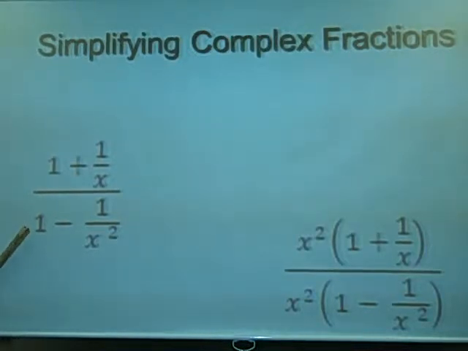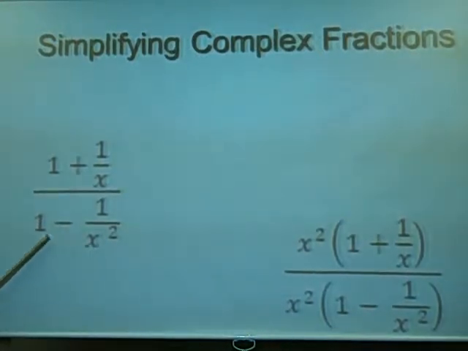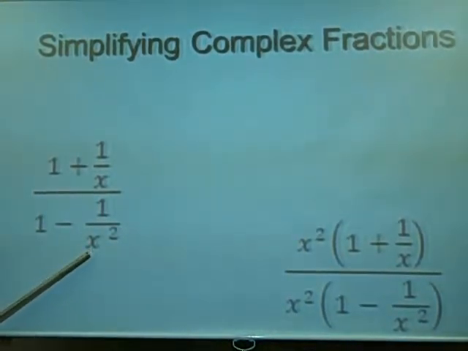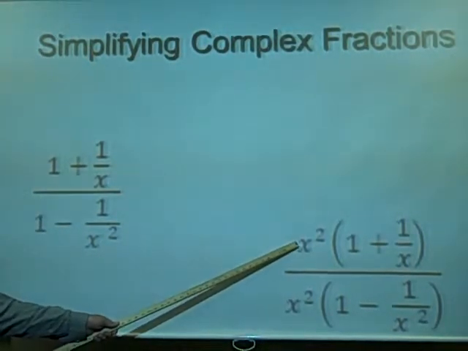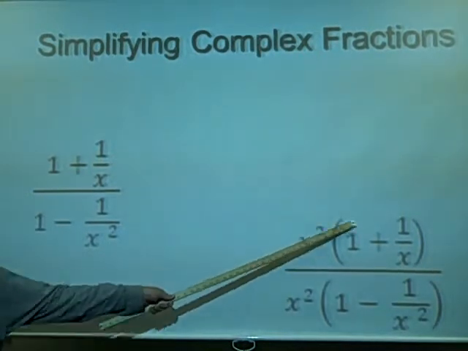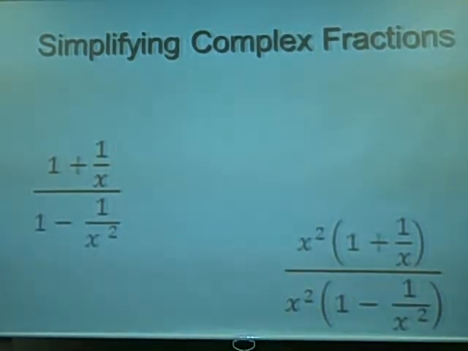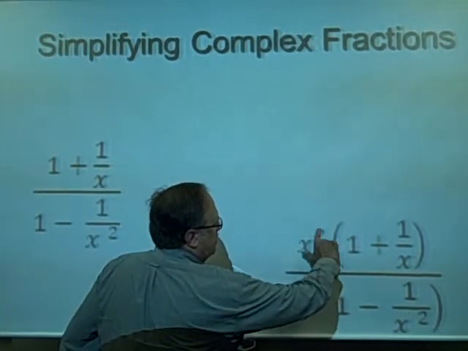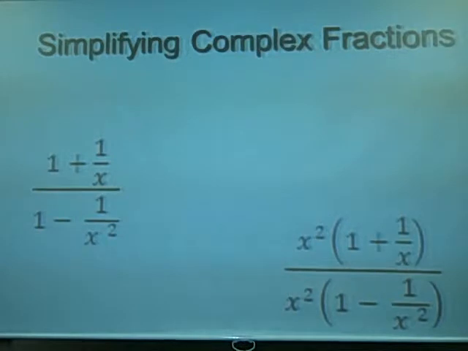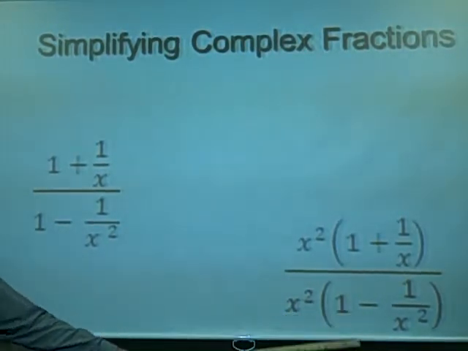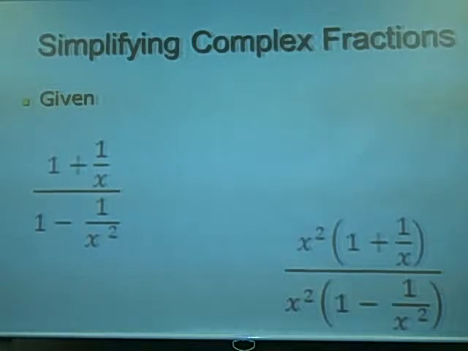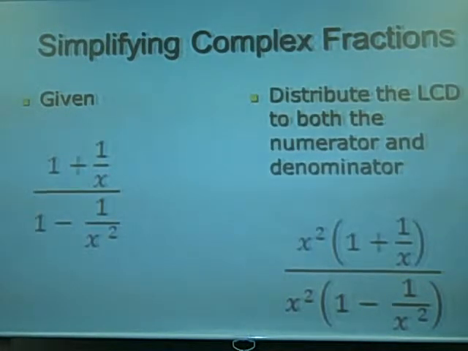Well, if we need to get a common denominator between these two, we have a 1 here, but we don't have an x squared in the denominator, so we'd have to multiply by x squared. So x squared is going to be the least common denominator. So we have to multiply x squared into the entire expression. And so we would distribute this x squared into both, and same thing in the denominator. So we distribute the least common denominator into both the numerator and denominator. And then we get